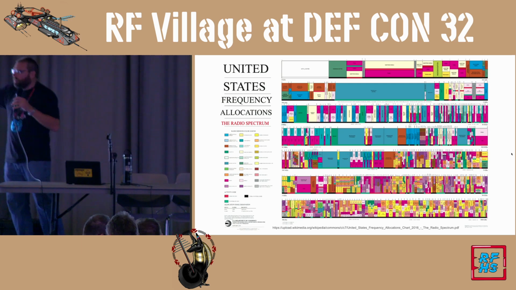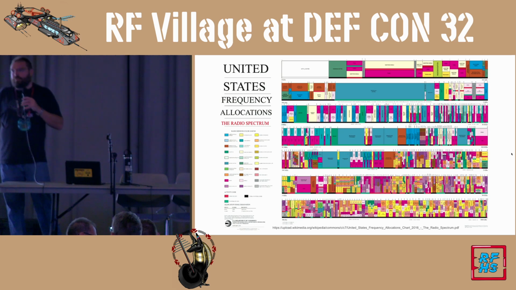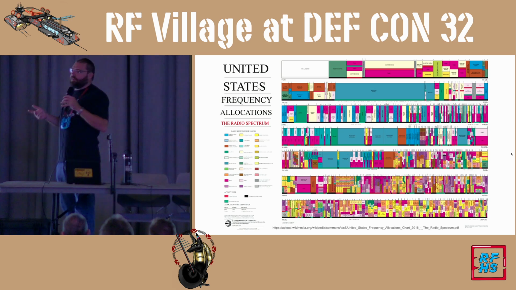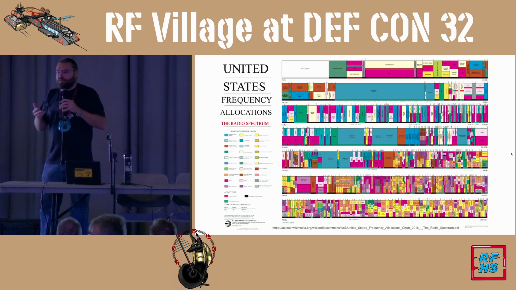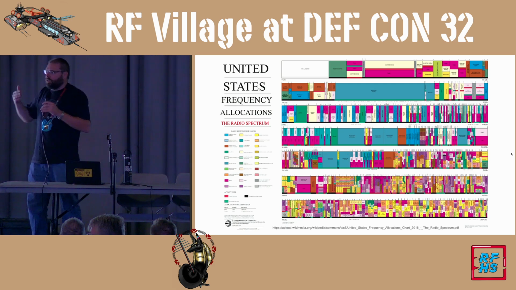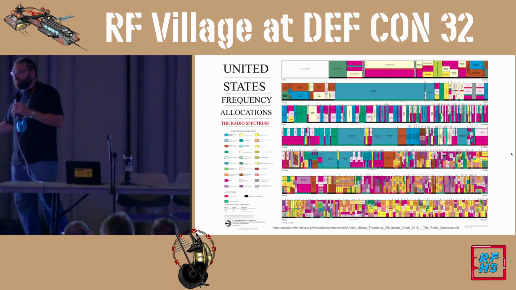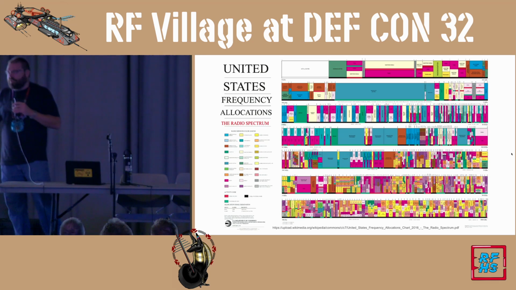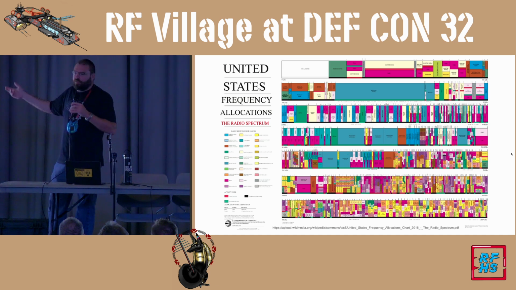And there are certain key areas. Does anyone here know what the ISM band is? We see in the back, we see some hands. You have the industrial, scientific, and medical band. What that means is if you have something that emits RF or transmits, like your wireless doorbell for your house, your Wi-Fi, Bluetooth, they all operate in what they call an ISM band, where you do not need an FCC license. If you go for your ham license, you become licensed, and we can transmit in certain amateur bands with that license. Well, the ISM bands are license free, within reason.